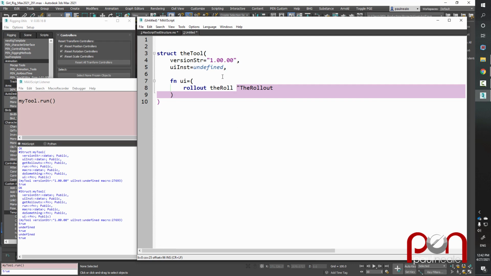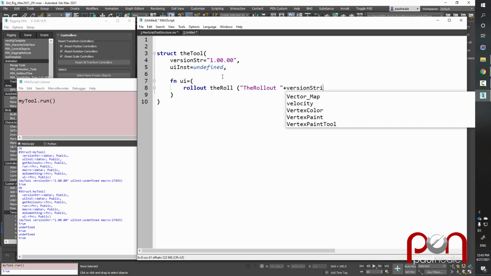And again, one of the things I always tend to try and do is add in the version strings here, so I can see which version it is as it's opening. Okay, so with that,